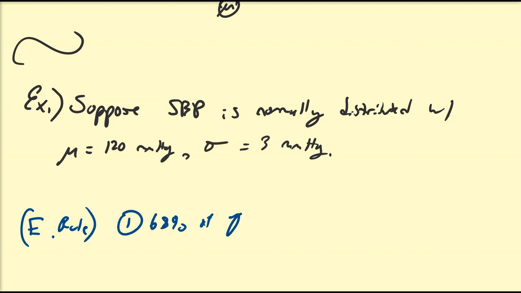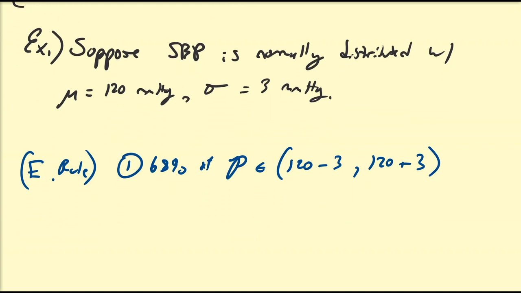68% of the population will be within 120 minus 1 standard deviation, which is 3, and 120 plus 1 standard deviation, which is plus 3, which is the interval 117 to 123 millimeters of mercury. So you have a 68% chance of randomly selecting a person and their blood pressure being between 117 and 123, approximately. This is not an exact thing because the empirical rule just gives us a rough approximation. If you want the exact value, you would have to do the actual integral up to however many decimal places